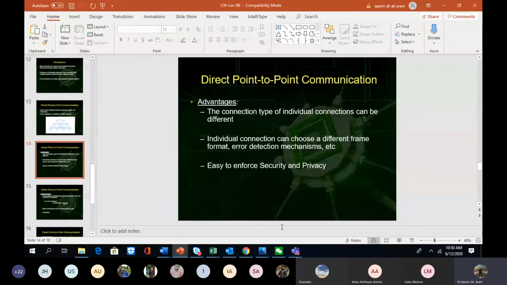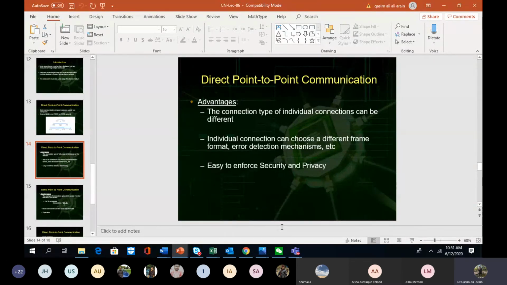हमें 2000 कंप्यूटर्स को मैनेज नहीं करना, हमने एक कंप्यूटर से दूसरे कंप्यूटर के साथ जो कनेक्टिविटी देनी है, उनके लिए हमें जस्ट दो कंप्यूटर्स को मैनेज करना है. So it totally depends upon the network administrator how he is going to manage those two computers. I mean, उसमें वो frame format कौन सा सेट करता है, error detection mechanism कौन सा सेट करता है, it totally depends upon that particular person, right?